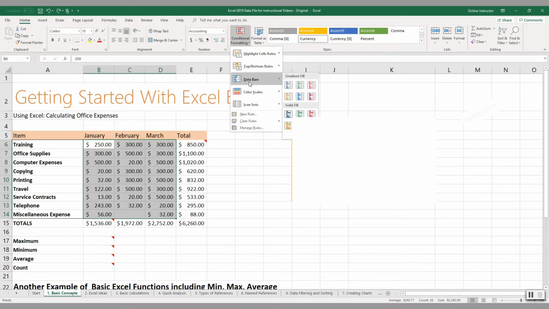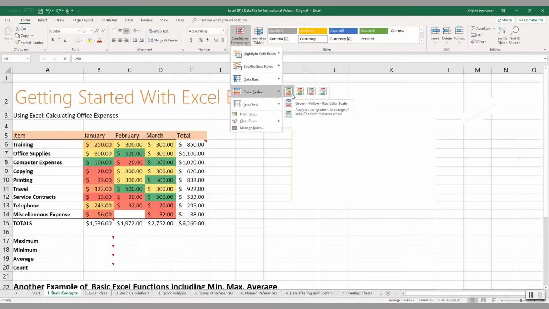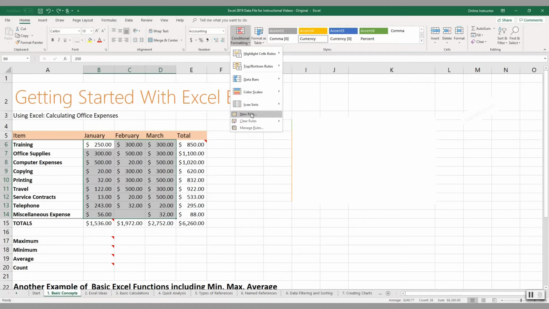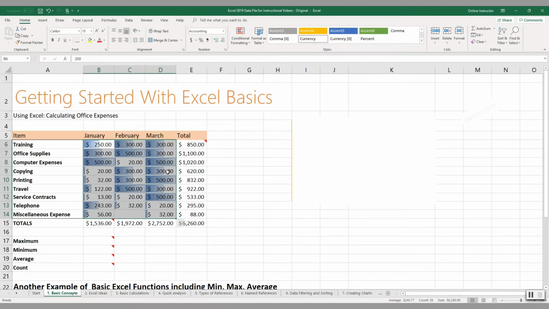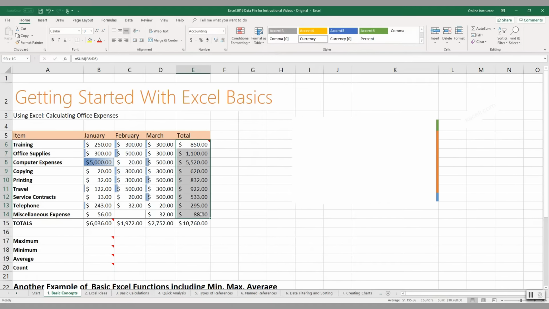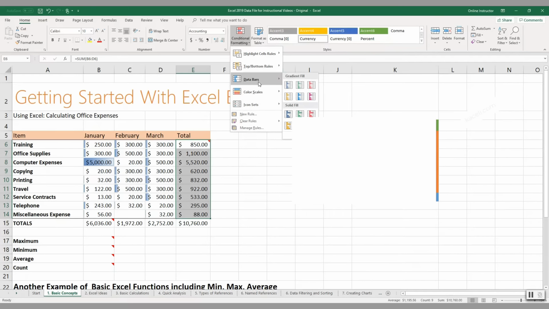You can do data bars, so basically it'll give you a little chart similar to that. Or you can do color coded, and you can create your own rule as well and your own criteria. So for now, I'm just simply going to use the color coding, and this basically puts a little chart within each cell to give us the definition of the items with a higher value in them. So if we change this to 5,000, notice everything else will be readjusted. Now we can do it for the total conditional formatting, and let's say we want color-coded for a range of